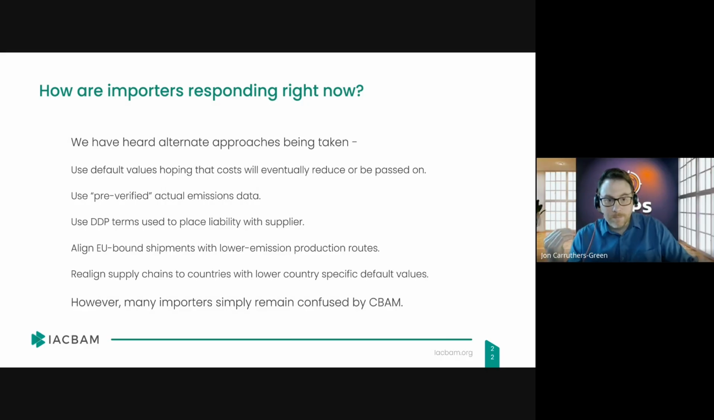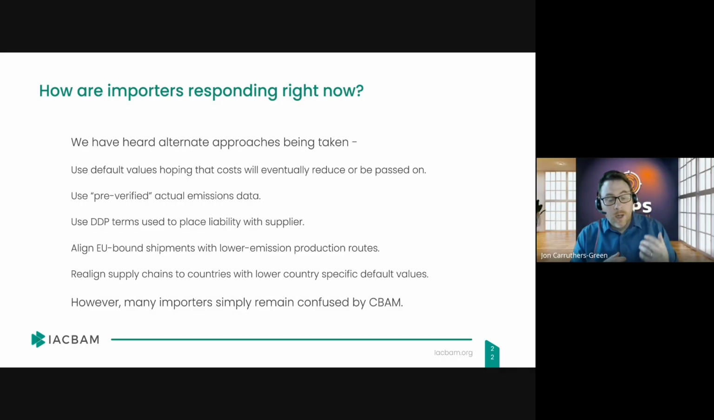We've also seen other importers look to shift the Incoterms that they're using when they're purchasing steel. So a lot of them now are looking to push a lot of the legal responsibility onto their suppliers by changing to delivered duty paid terms. Now, I think this also comes with a lot of risk. We've seen